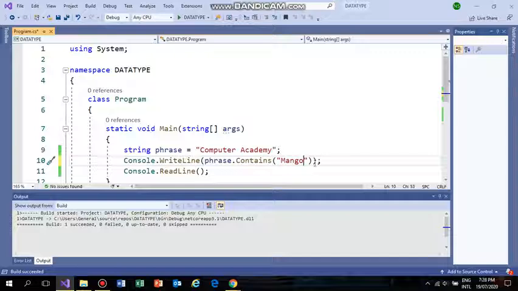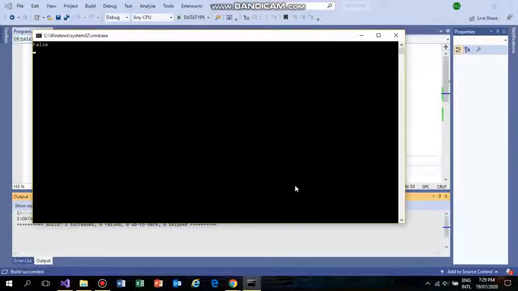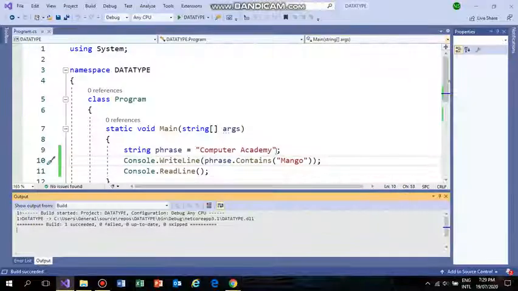Now see what happens. If the word mango is not found in the above string phrase, definitely the answer will be false. So here we go, our output. Control F5, see there is a result, false. So it means this concept has been clear.